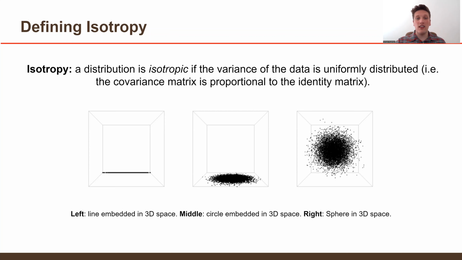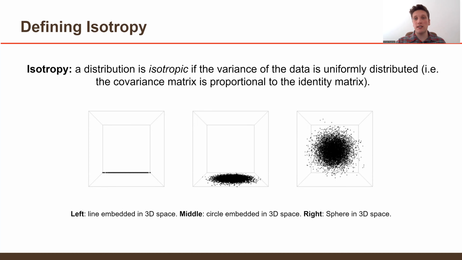Here we have a line, a circle, and a sphere embedded into 3-dimensional space. The line only utilizes a single dimension in space, and thus lacks this property of isotropy, since all the variance is concentrated in a single dimension. In this circle, we have the variance equally distributed between the x and the y dimensions in space, and thus this is somewhat isotropic. And in the sphere, we have all 3 dimensions being uniformly utilized, and thus this is